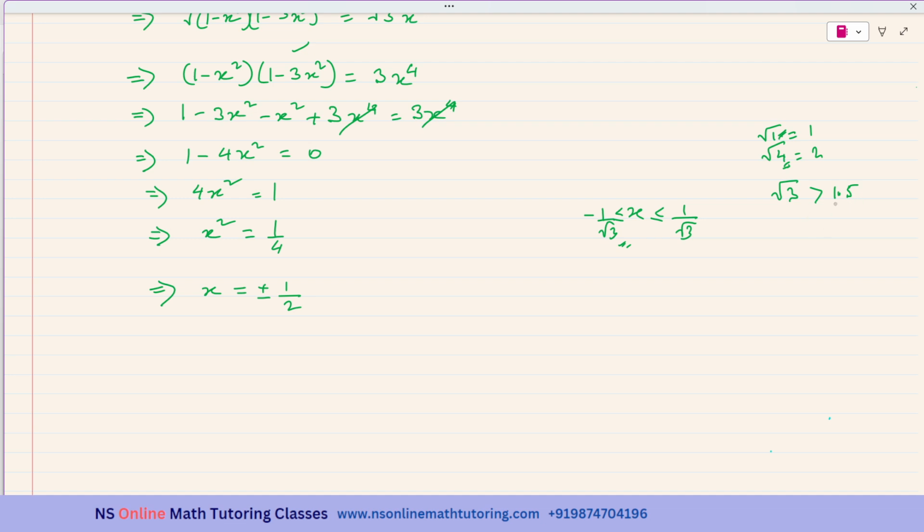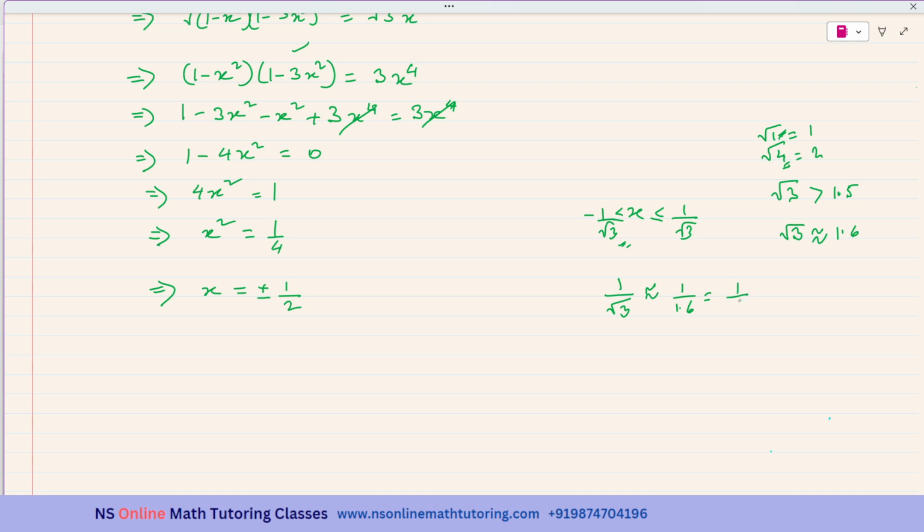It is 1.7. Doesn't matter if you do not know what is square root of 3. It is paper 1 and you do not have the calculator. Even then you can test whether the answer that you have got is correct or not, whether these can be accepted or not. Okay, so we know that square root of 3 is greater than 1.5. So let us assume that square root of 3 is equal to 1.6. Okay, so 1 over square root of 3 should be almost equal to 1 over 1.6,